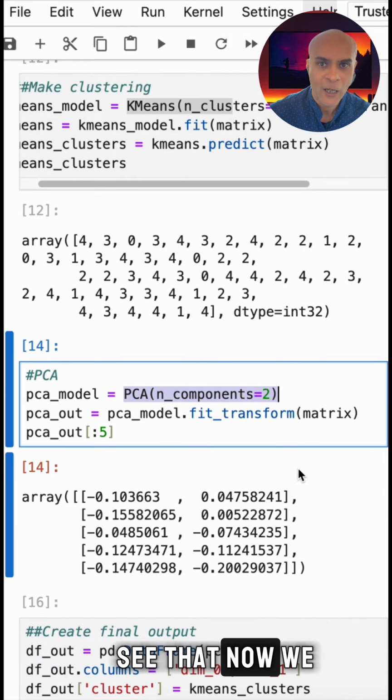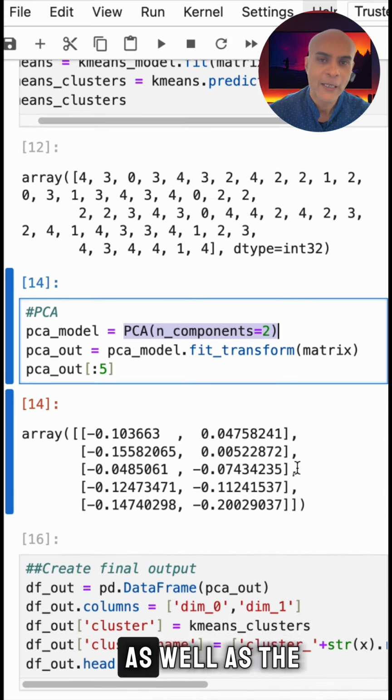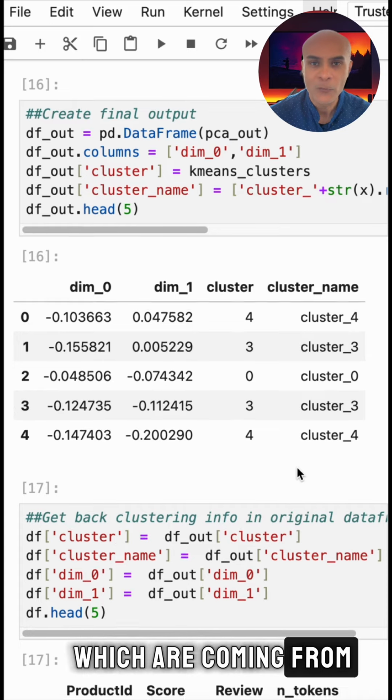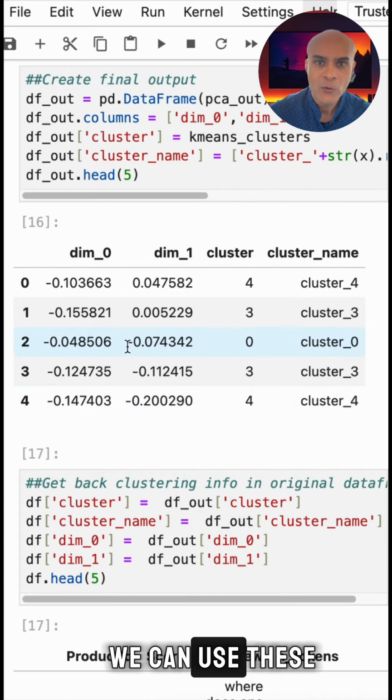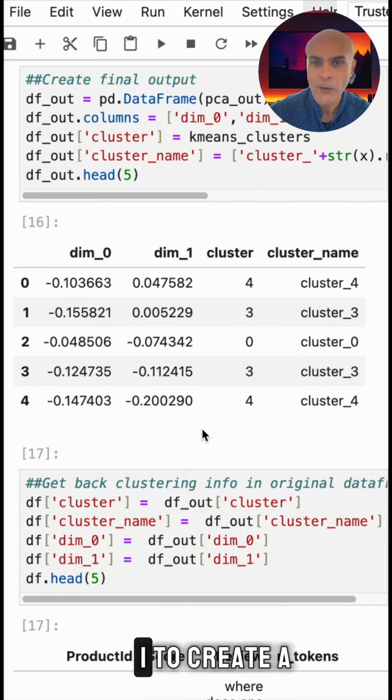And as you can see, now we have the cluster name as well as the 2 dimensions which are coming from this PCA technique. We can use these 2 dimensions, dim0 and dim1, to create a scatter